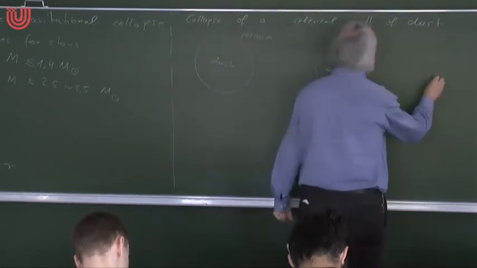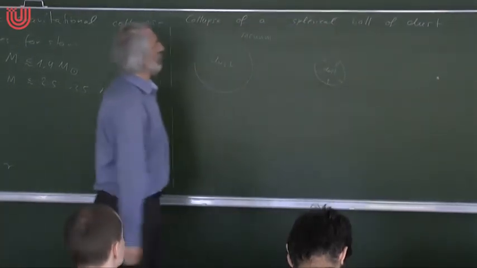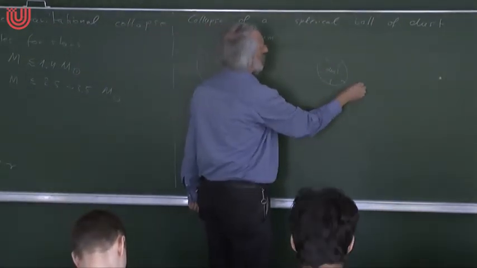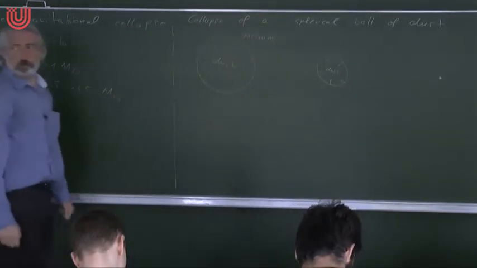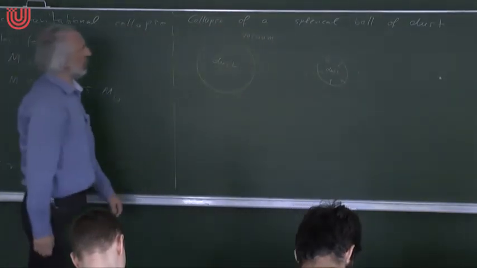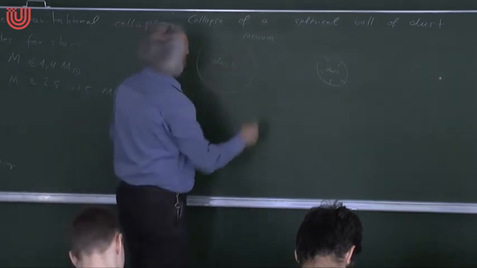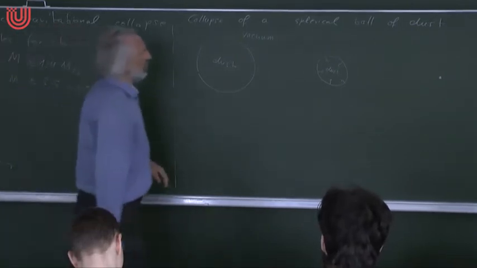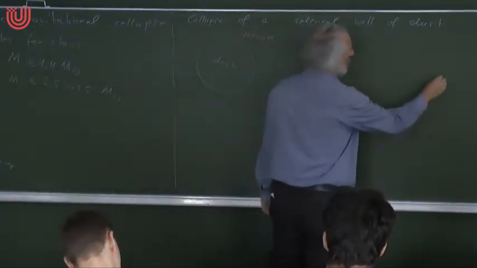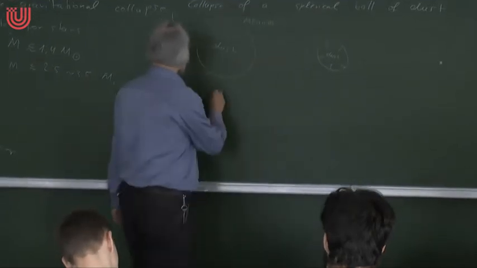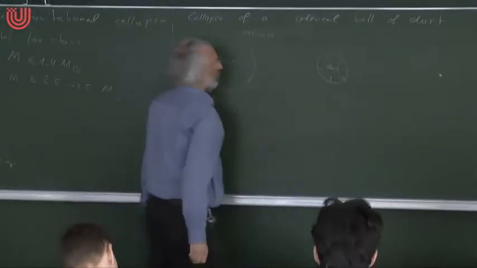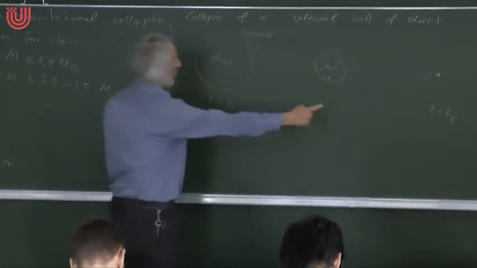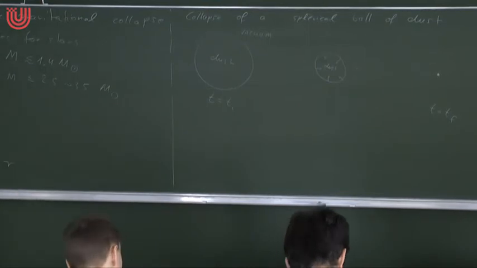And at some final time, we will have a point in the middle. So at some stage, the horizon will form. Here in this situation, there is no horizon, because the Schwarzschild metric is valid only outside of the star, and this doesn't extend down to r equal r_s. But then at some stage, the horizon will form, and finally the thing will collapse to a point. So this is at the time t initial, and this is at the time t final. And this is a finite time interval. That's what we want to calculate.